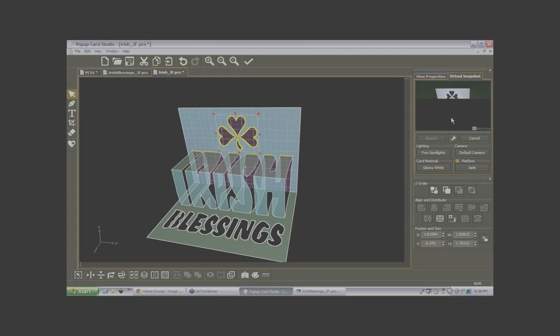Sometimes if there are problems in your design, they'll show up there. And it's kind of nice to save this design to your computer so that when you have it in your folder, you can actually see a picture of the design before you open it. In order to save this picture, you could save it either as a small thumbnail or as a larger picture. And so if you want to save it,